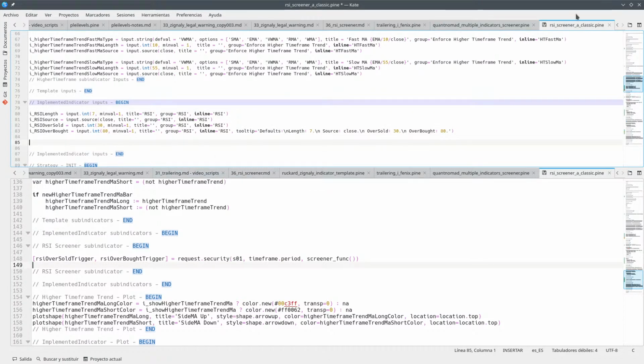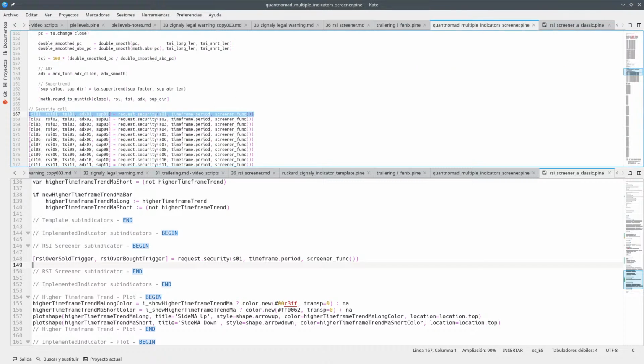Okay, so here we have the inputs. So we can try to